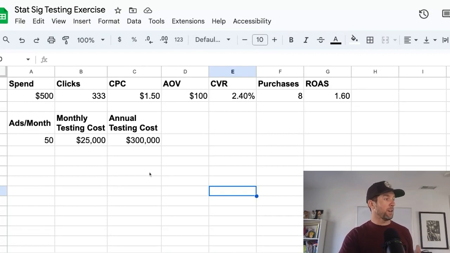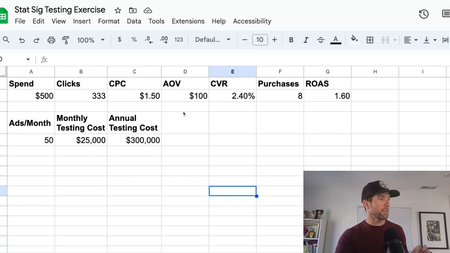And so I used some round numbers here. I actually put out a poll on Twitter to ask what brands' AOVs were. 25% of people said their AOV was less than $50. It was like 50% of people said their AOV was between $50 and $150, and then the other 25% were above $150. Okay, so I took a simple rounded average, $100. You could play this game yourself however you want to, but let's assume $100 AOV for a lot of clients.